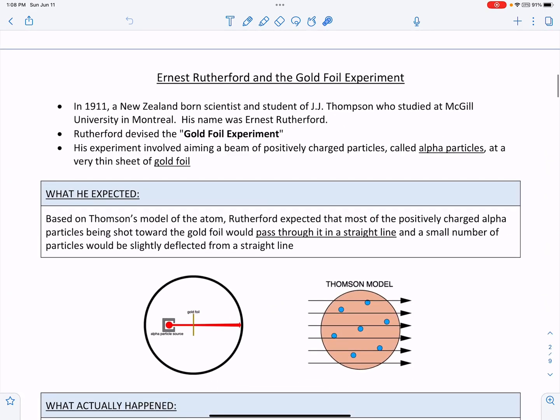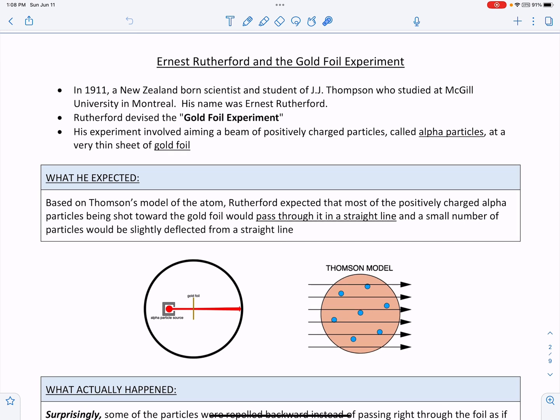Let's look closely at Ernest Rutherford and his gold foil experiment. In 1911, a New Zealand-born scientist and a student of J.J. Thomson who studied at McGill University in Montreal, his name was Ernest Rutherford, devised the gold foil experiment. His experiment involved aiming a beam of positively charged particles called alpha particles at a very thin sheet of gold